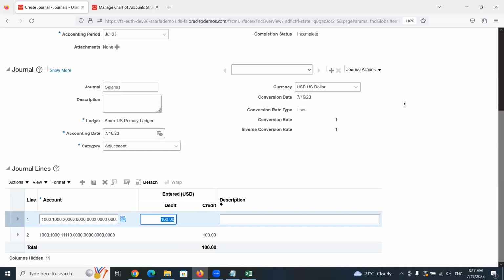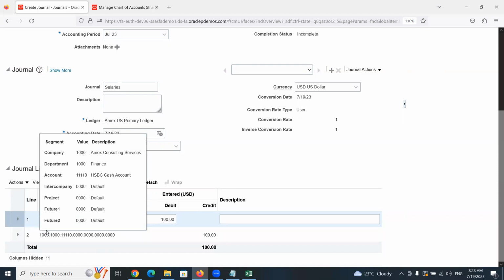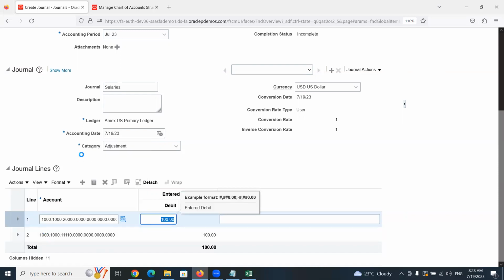So that's how the system has to take care of these controls. That is the reason we are assigning the primary balancing segment label to company. So every transaction should be balanced at company level. To whichever segment you assign the primary balancing segment label, at that level the system will ensure transactions are getting balanced,